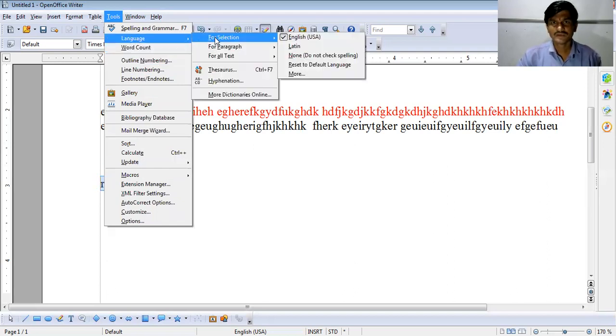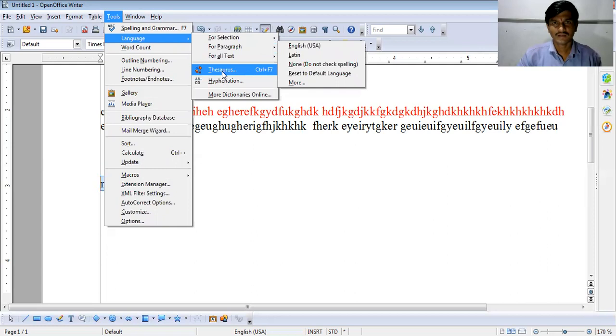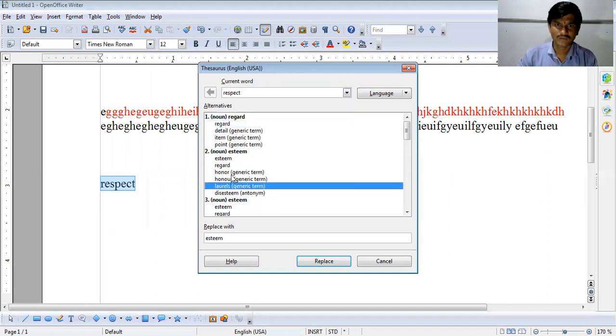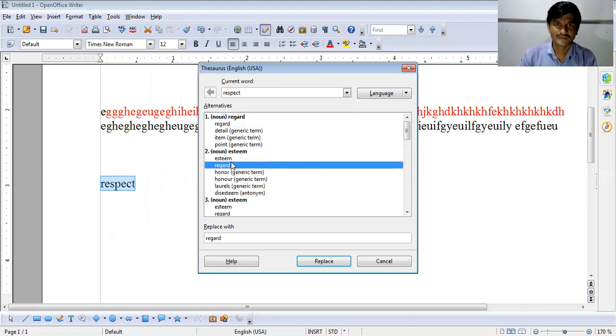You can use the selection and this Thesaurus. Click on that. You will get "regard," noun, "respect." See, you can use all the words regarding this. See, esteem, honor. These are the alternative words.